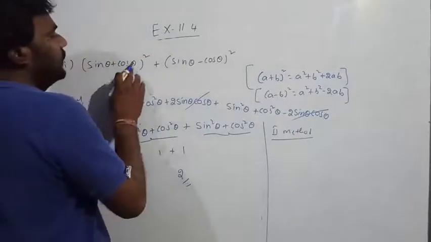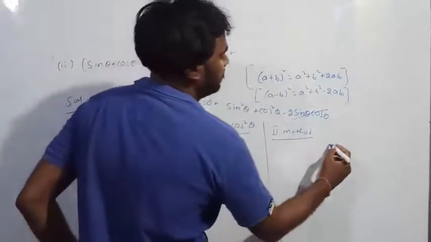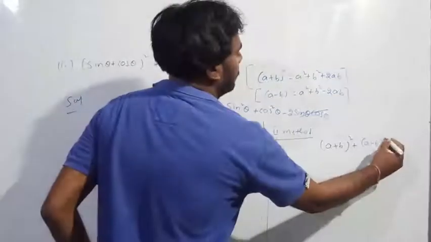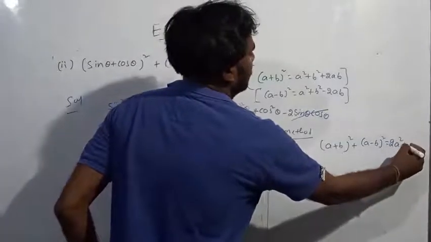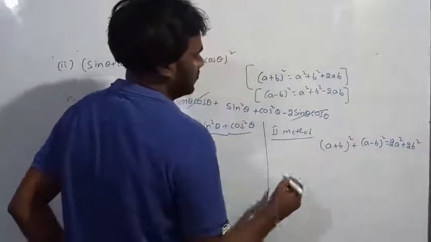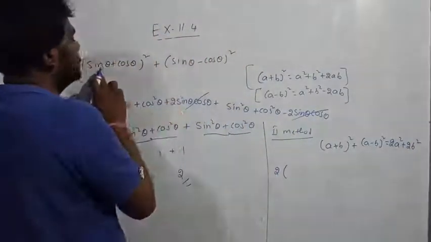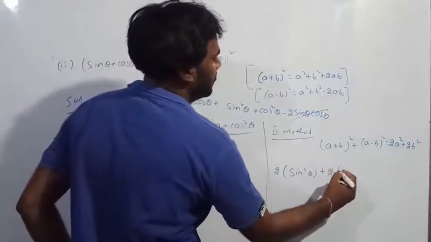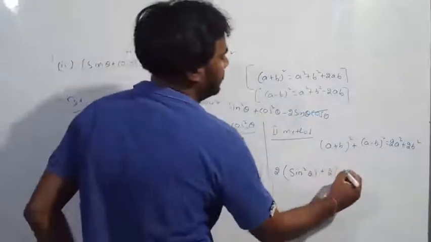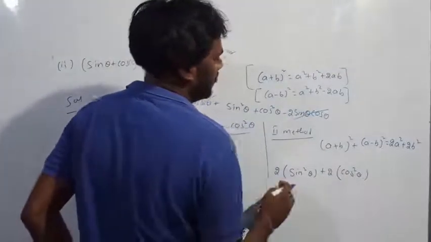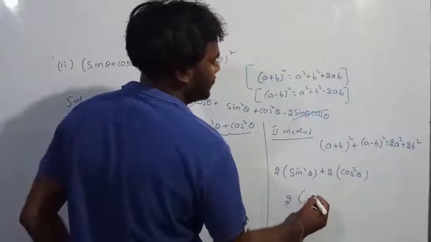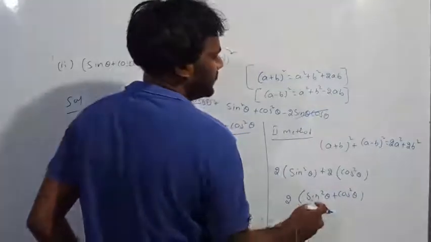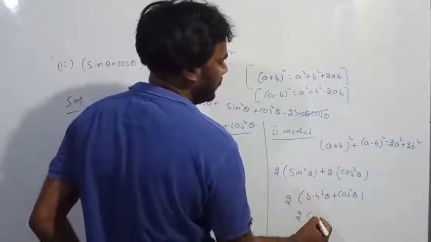So we have another method also. This one a plus b whole square plus a minus b whole square equals 2a square plus 2b square. So 2a square means what here? Sin square theta plus b square means what here? Cos square theta. 2 common, sin square theta plus cos square theta. So sin square plus cos square value is what? 1. So 2 into 1 equals